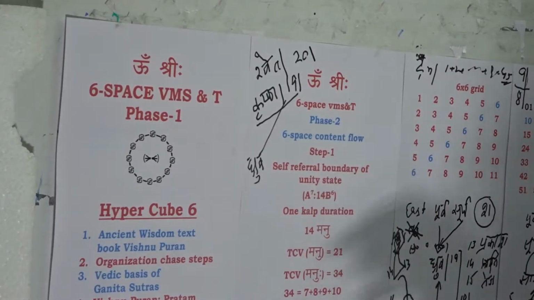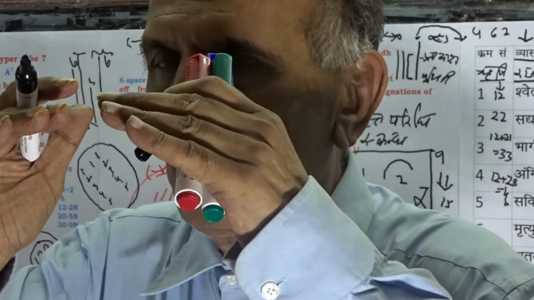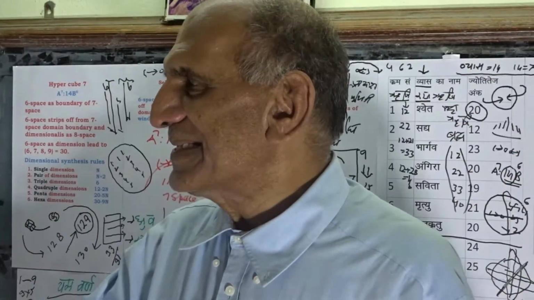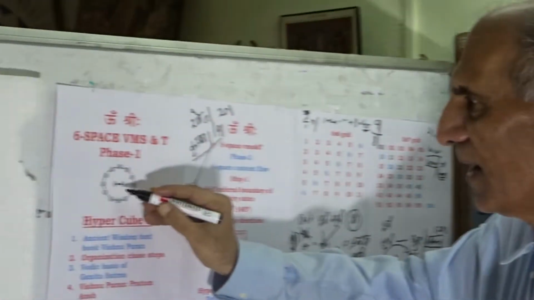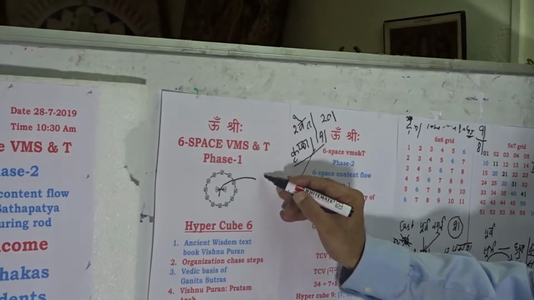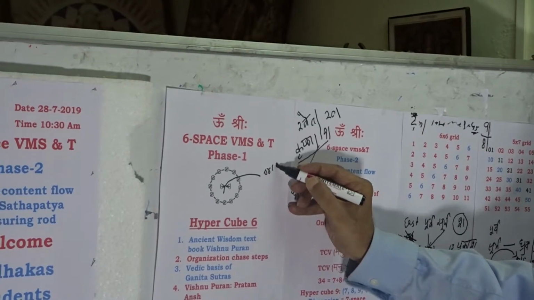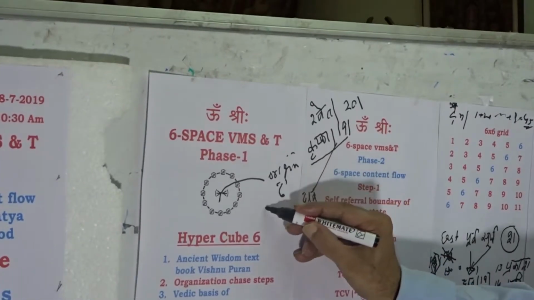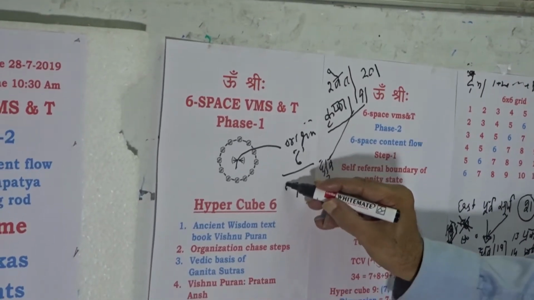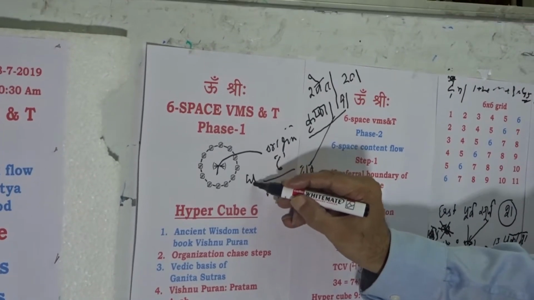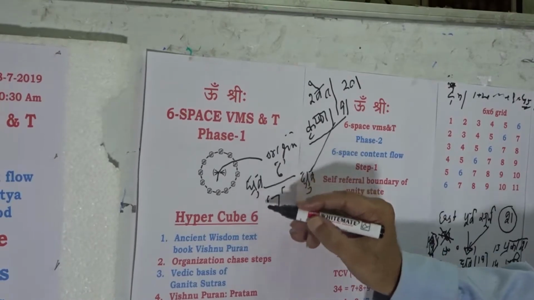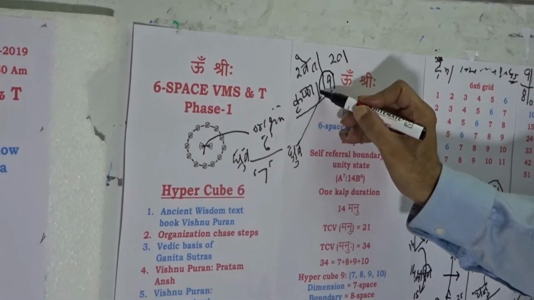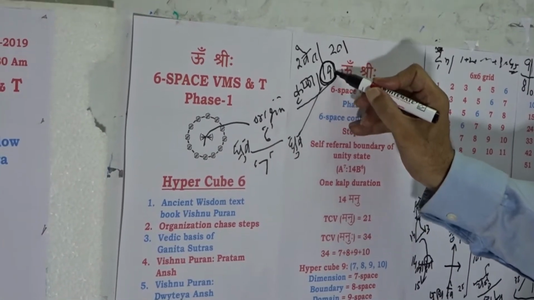Therefore, the black matter flow is available at the origin. So the origin of 6 space, which is 7 space, and this 7 space is Dhruv, and it is a formulation 19, and this value 19